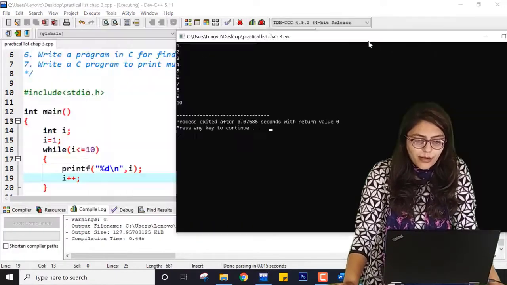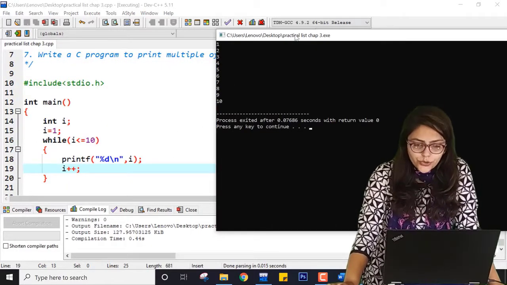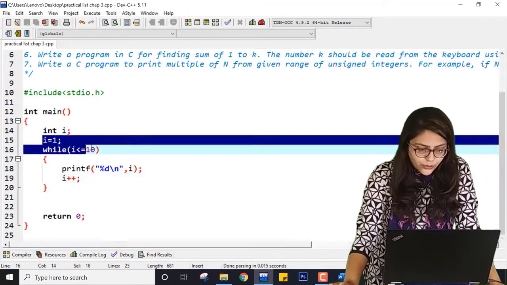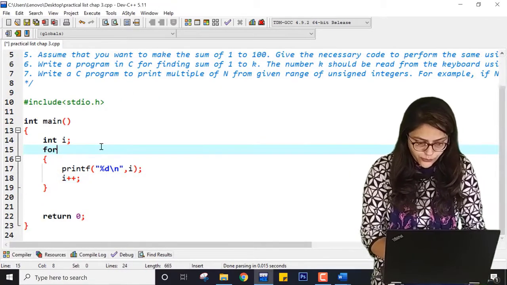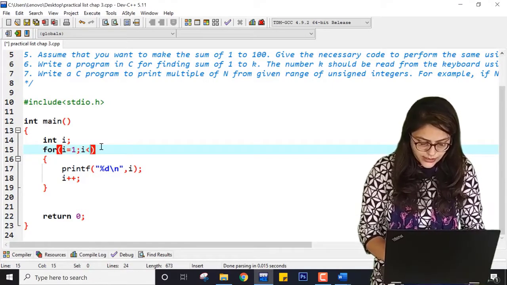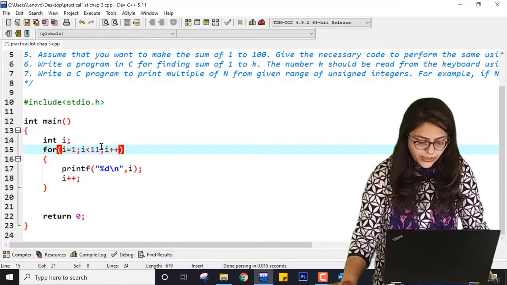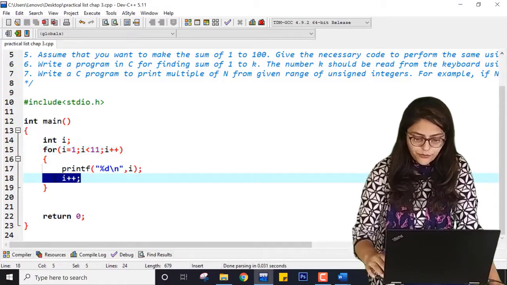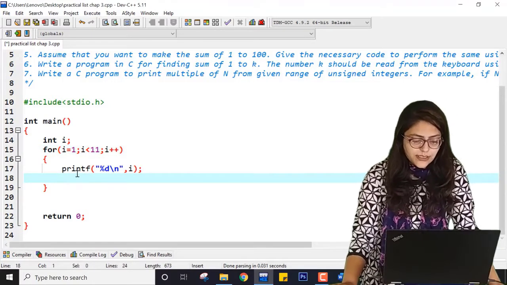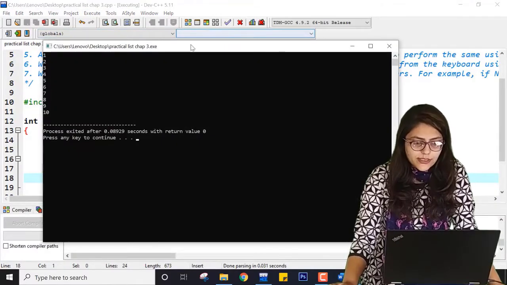Let me save this program and run it again. You can see it is going from 1 to 10, right? So how can you do this program using a for loop? For I equal to 1, I is less than 11, I plus plus. You can also use less than or equal to 10 and save this program. If you are doing plus plus over here, then you do not need to write plus plus inside the loop. So if I just compile it and run it,